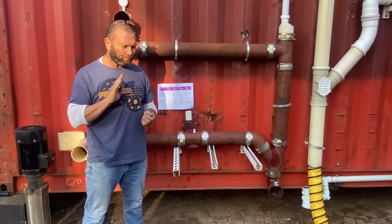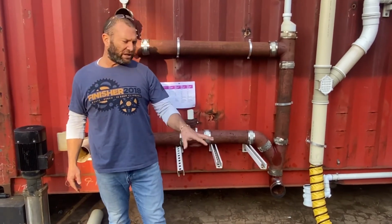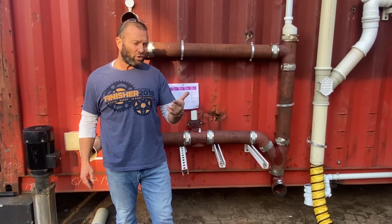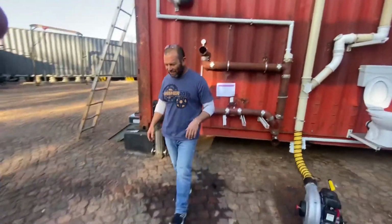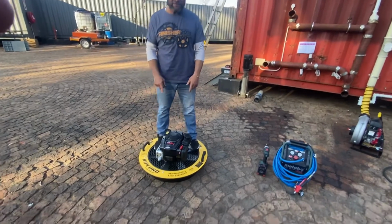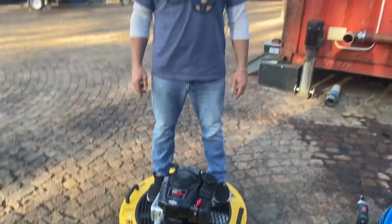So excuse me, the other options for using the blower as a blower or a ventilator is also to get H2S, hydrogen sulfide, or CH4, methane. And let's go to the hoverboard. So when the guys fly in the sky, they've actually got the same engine that they put on the back